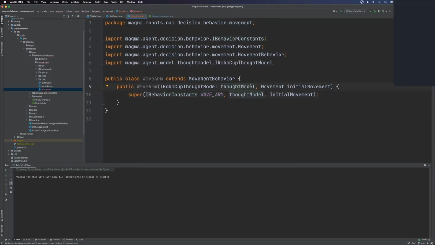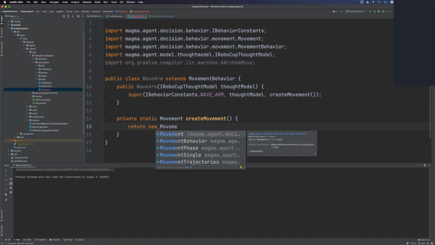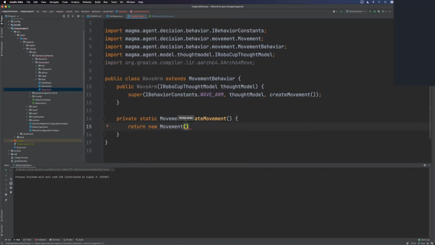We want to keep the thought model that gets applied. And the initial movement, we're actually creating this inside this wave arm class. So instead of initial movement, we're creating a function called create movement. And we need to create this method first. Okay. And we can now basically do kind of the same thing that we did in get ready. So we'll return a new movement, which then contains, oh no, we need a name for it. Let's name this wave arm. So this name is actually not related to this as far as I know. You can correct me, Klaus, if this is wrong, but